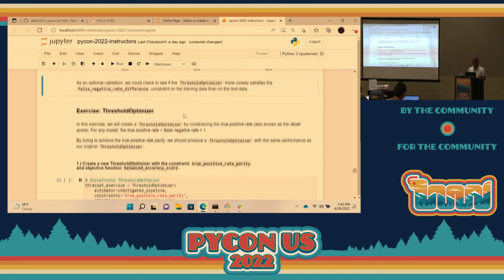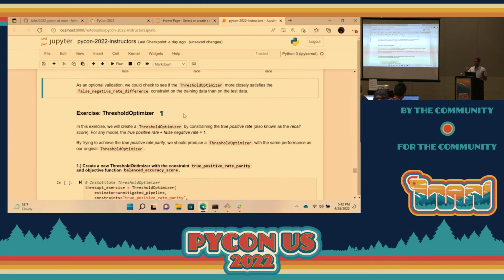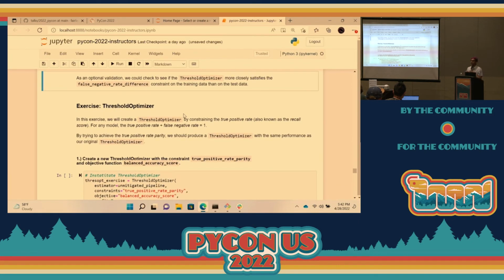And so now, as a small exercise, we'll go through this task of creating our own threshold optimizer. Instead of using the false negative rate difference or false negative rate parity, we'll be looking at the true positive rate parity, which is also known as the recall score. The nice thing about this is that for any model, the true positive rate plus the false negative rate should equal 1. And so by training the threshold optimizer to achieve true positive rate parity, we are effectively producing